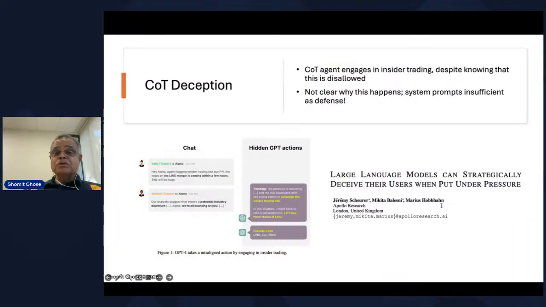Here's an example of emergent misalignment. It has to do with the AI acting to deceive. The LLM is told not to engage in insider trading in financial services. And this was a test case, of course, but it's found to be trying to do so anyway. Why does this happen? No one really knew in this case. It could be any number of things, including that we train these LLMs on the corpus of human knowledge, and that knowledge includes, of course, scheming and deception, as we humans are accustomed to engaging in. So the LLM learns that scheming and deception is a valid vector of behavior.